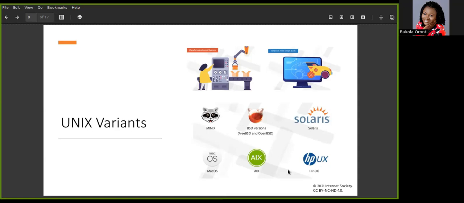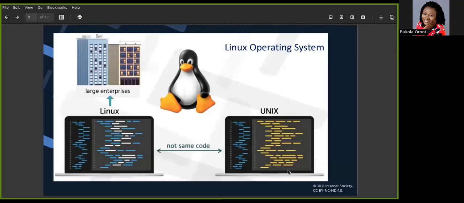But out of all these, we will later realize that only, I think, 2 or 3 of them actually complied with the SUS standard. So they are the ones that are actually referred to as the Unix variants because they comply with the standard, and also they are the ones that are allowed to use the Unix trademark. Yes, others were developed from the source code, but they are not in compliance with the SUS standard. So we'll see those ones later on.